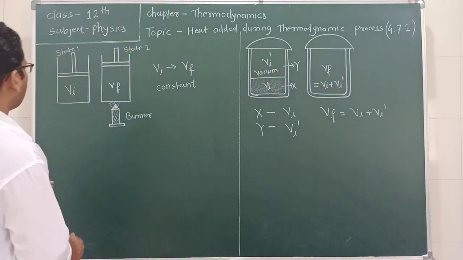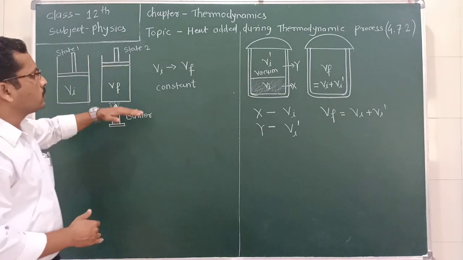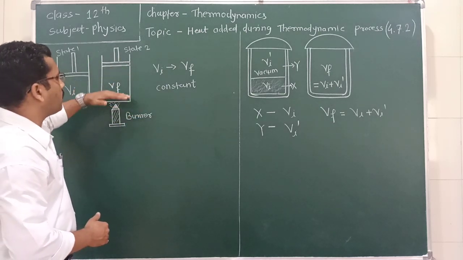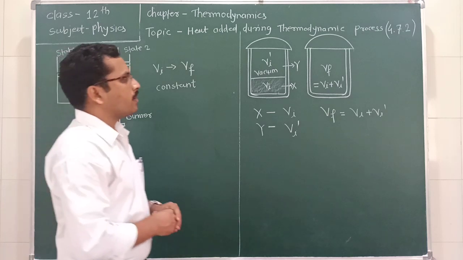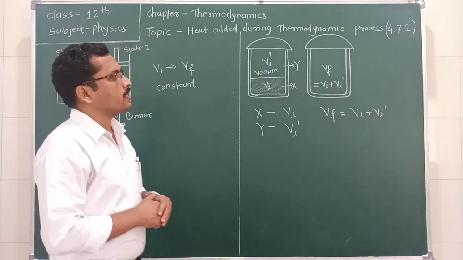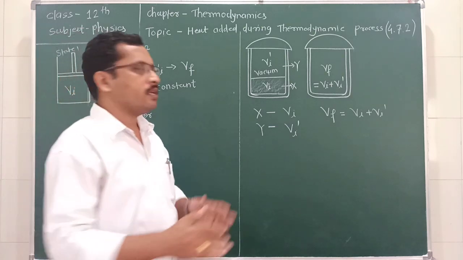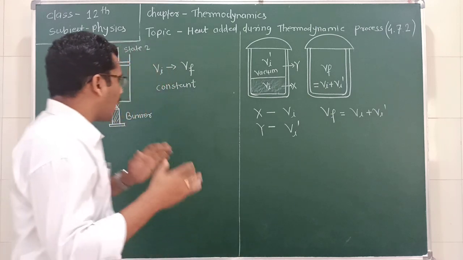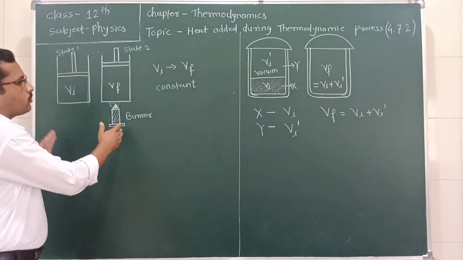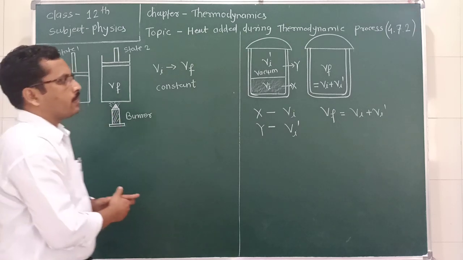We saw earlier that the piston moves in the upward direction, so there must be some work done by the system on the piston. But in this case, there is no piston inside the cylinder, so there is no work done during this type of process. As we stated earlier, that process is controlled, slowly, at constant temperature.